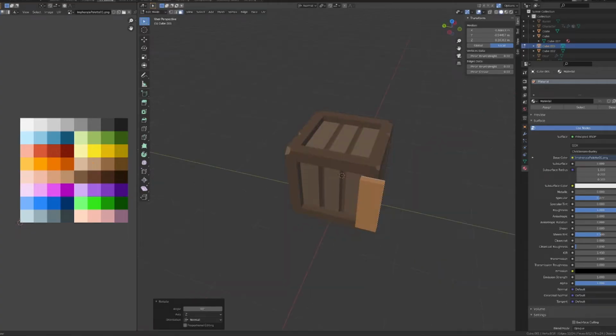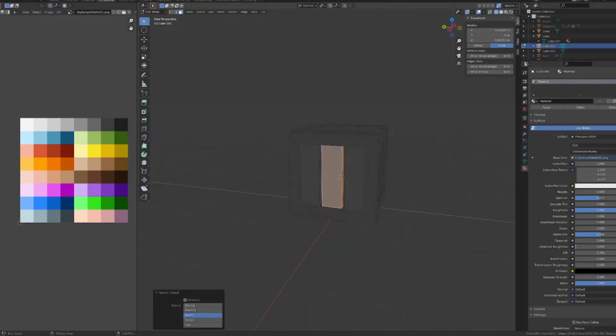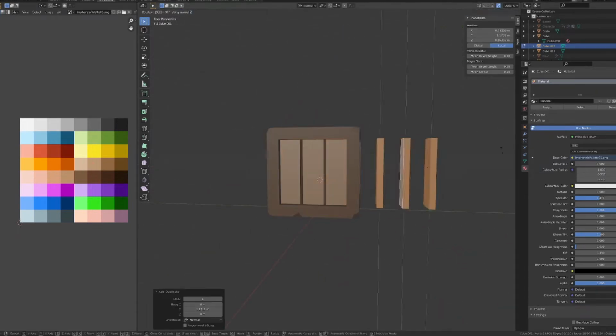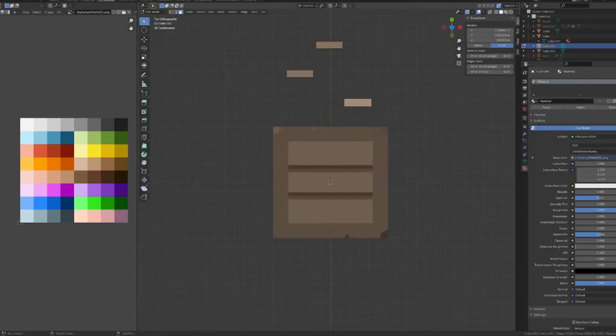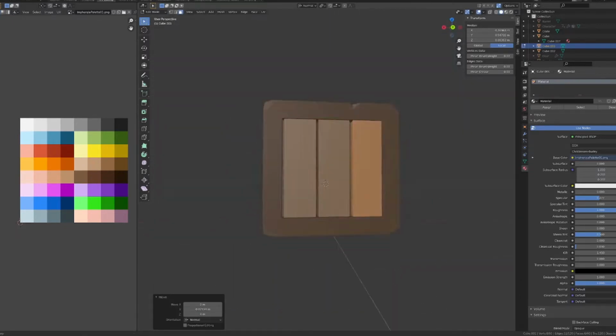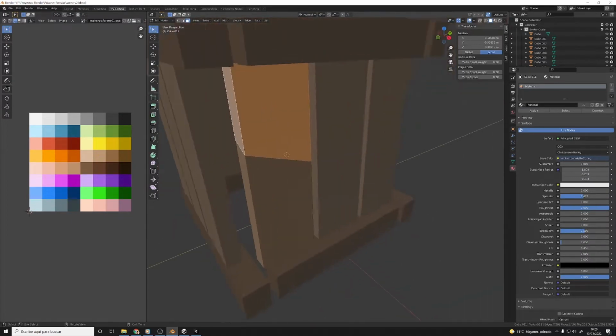Having that in mind, I started modeling a new crate, one that is broken in pieces. I did some research, and the way that other games handle destroying objects is this. First, you have a simpler object, which is not broken into pieces. Then, when you break the object, you swap it with the broken model. And that broken model will have physics in each part, to give a more authentic feeling.